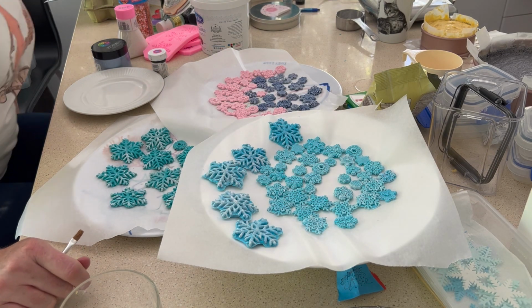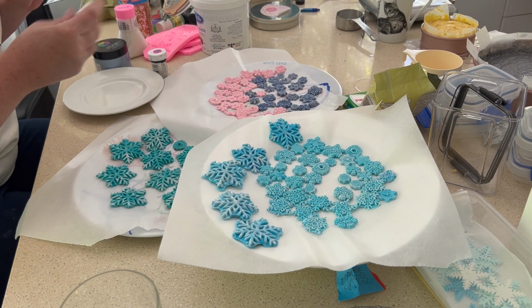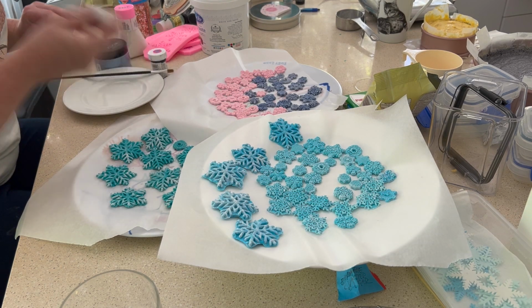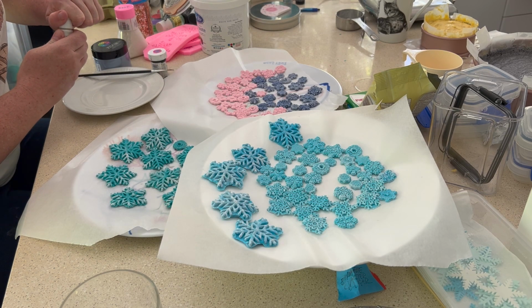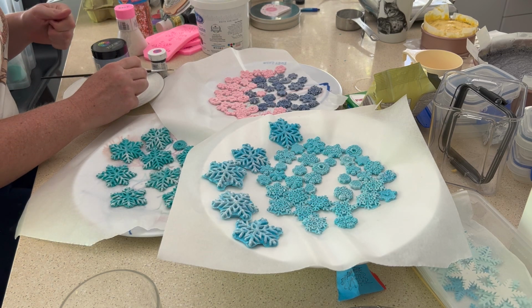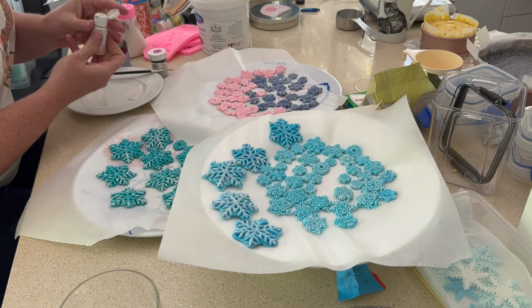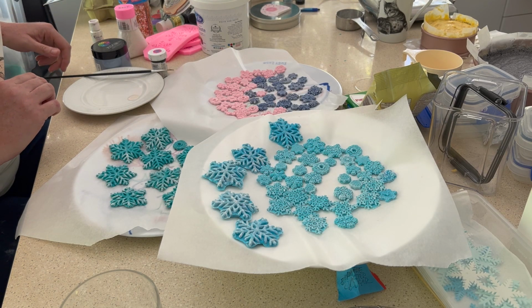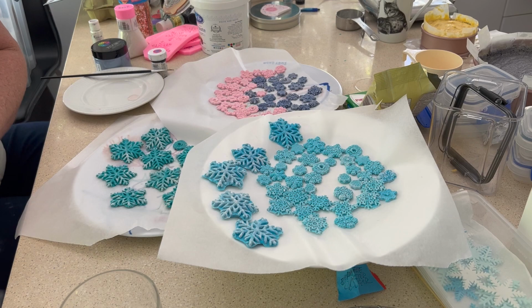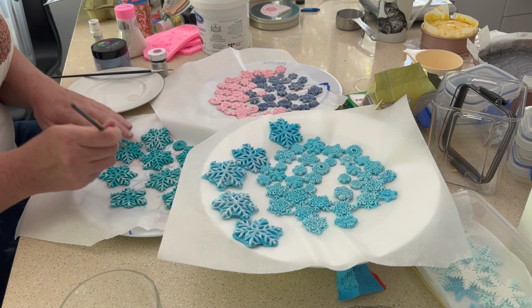So I want to get started painting these. It might sound bad, but I don't really want Rubes involved with the painting of these, even though she's going to want to be, just because I've got to get it done and I don't want things to go everywhere. I've still got a lot of prep work to do for this party. So I've got snowflakes in a range of frozen friendly colors, and I've just got to get started on painting them. These are all made of gum paste, and I'm going to start by trying to brush off some of the